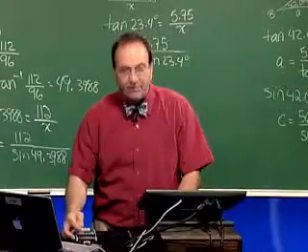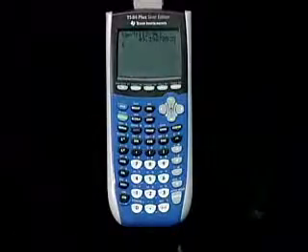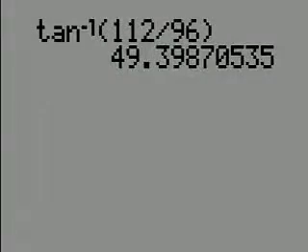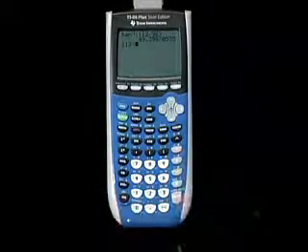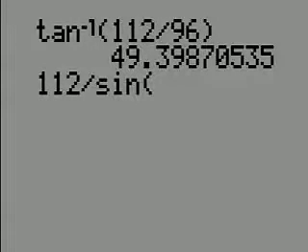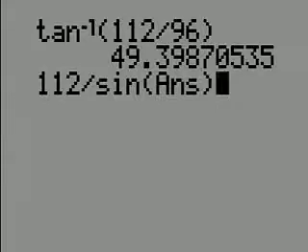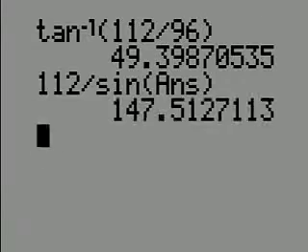On the calculator, I still have the 49.3987 in there. So what I'm going to do is say that I want 112 divided by the sine, and then I can plug in the second answer function. So second answer, close the parentheses, and it's going to plug in my 49.383987, etc., and hit return, and it comes up to